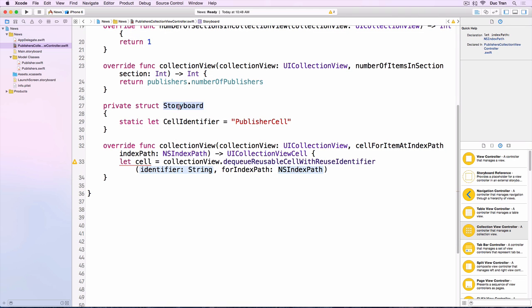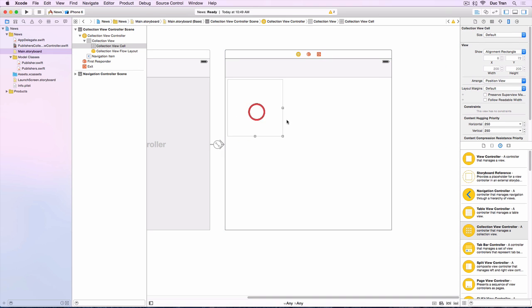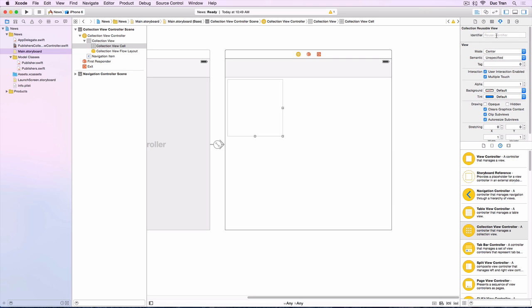So we'll have the Storyboard and the cell identifier to be publisher cell. And now let's assign this identifier to this cell. Okay, I will click on this cell and go over to the attribute inspector and make the identifier to be publisher